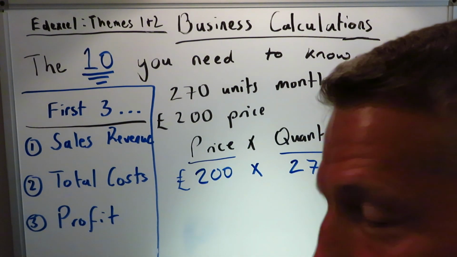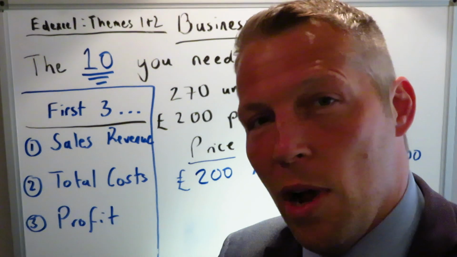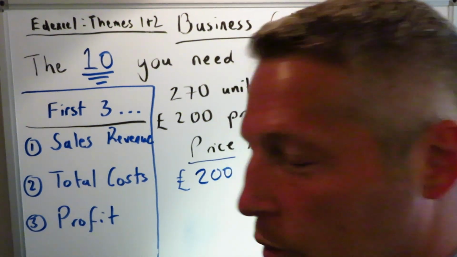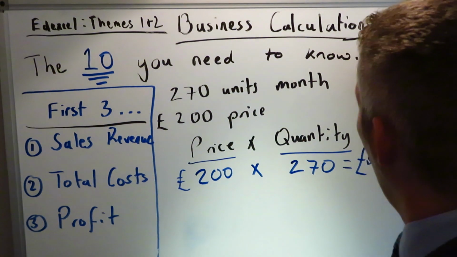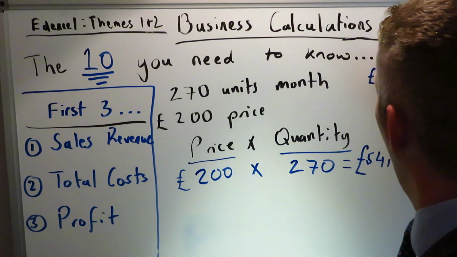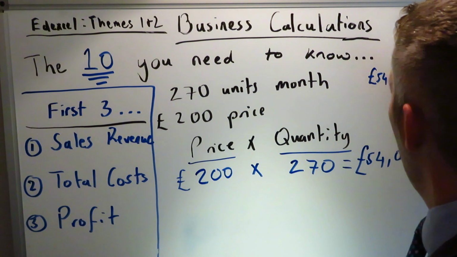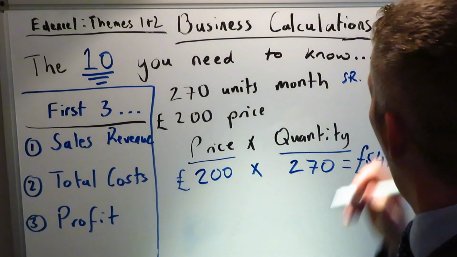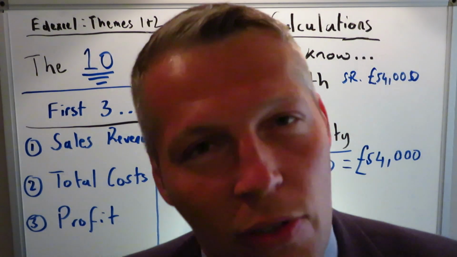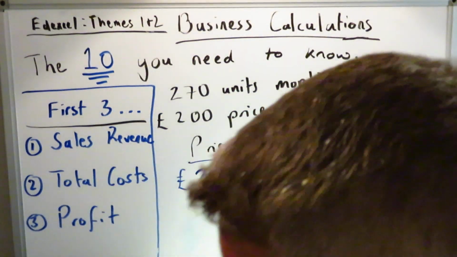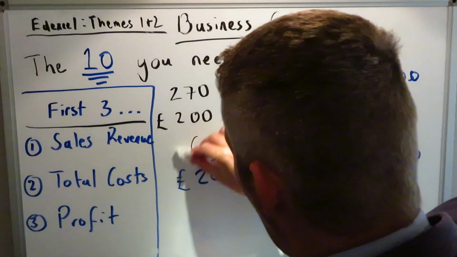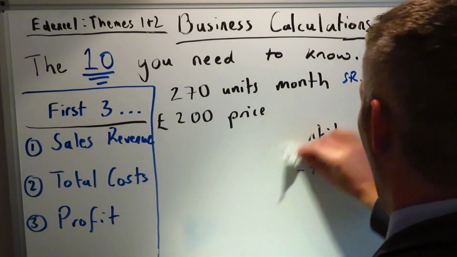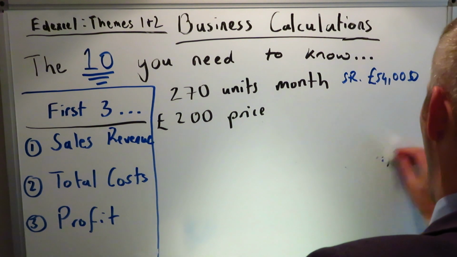Now what I'm going to do, you can obviously pause, rewind. This is the advantage of YouTube. This is new for all of us. We'll see how we go with this. But I'm just going to put this £54,000 at the top here in blue. And I'm going to put SR, just to highlight the fact that that's sales revenue, because we're going to come back to that figure in a second. Now this is the video edit that I would normally do, but I'm just going to rub this out now. And we're going to go on to the second point,